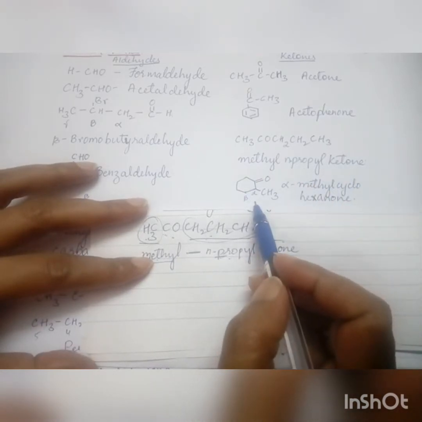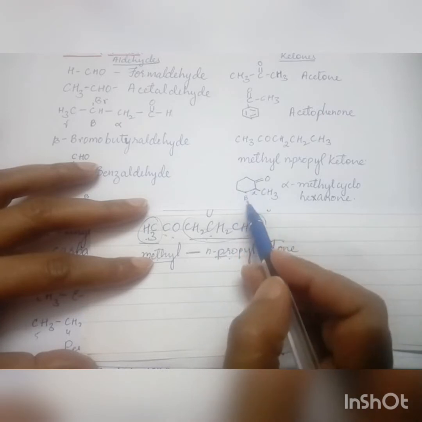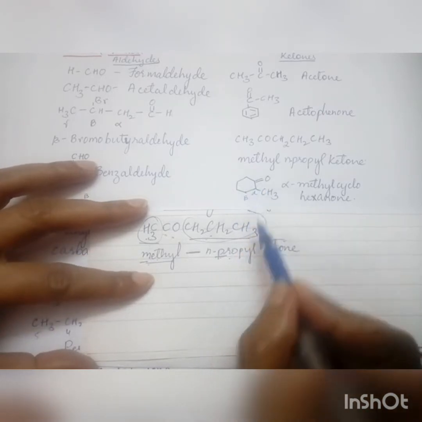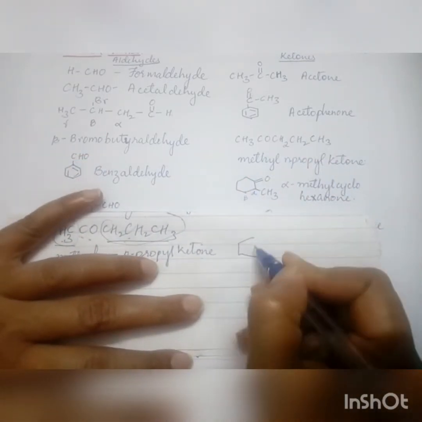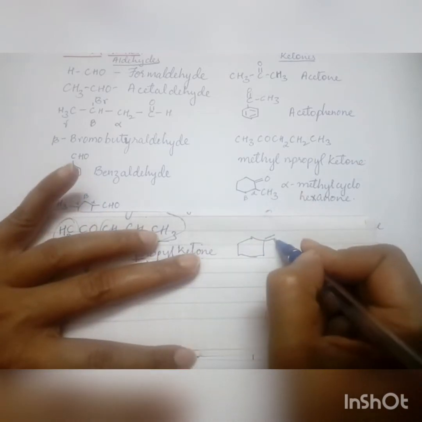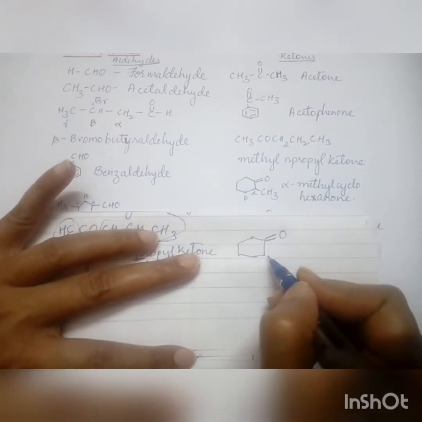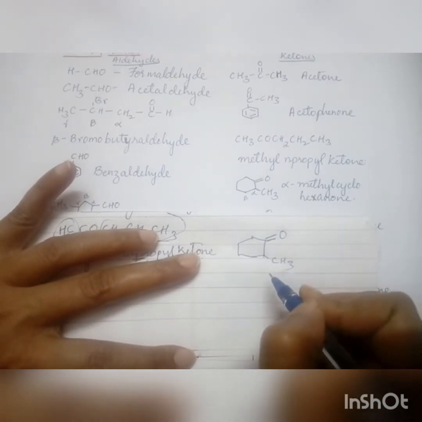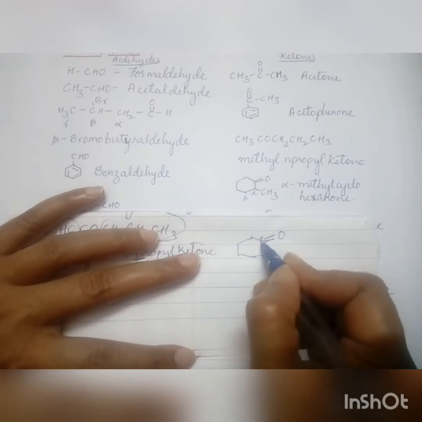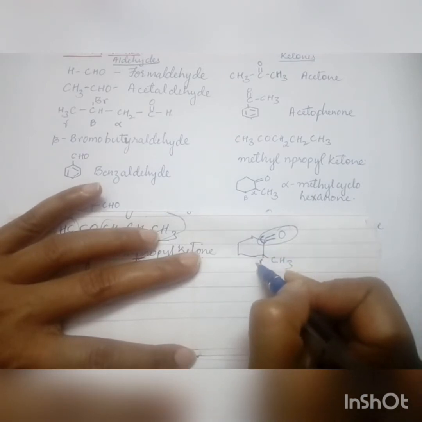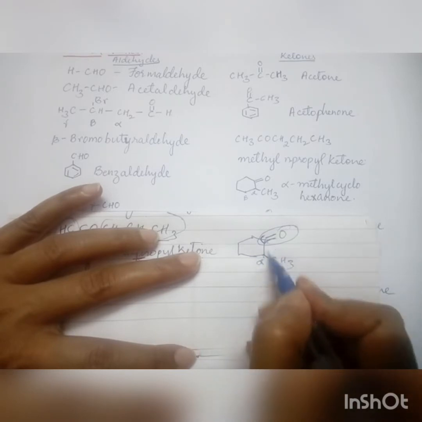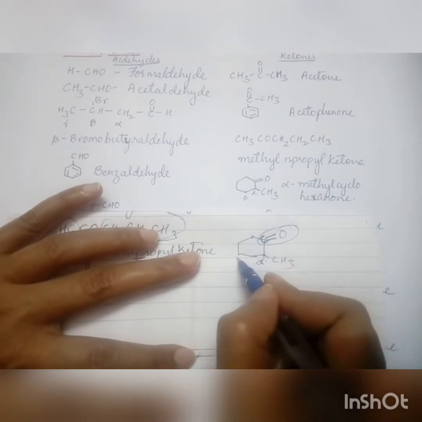Now let us take another example in which there is a cyclohexane. Let us take a look. Here you have a cyclohexane. To the cyclohexane there is a carbonyl group attached here and a methyl group attached here. As you know, to this carbon the oxygen is attached. So this is the functional group. The carbon next to the functional group is the alpha carbon. So we have this one as alpha carbon. Because the group is present over here, I start taking the alpha in this way. So this is alpha, beta, gamma and so on.